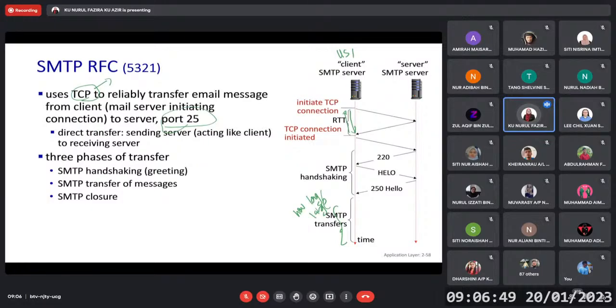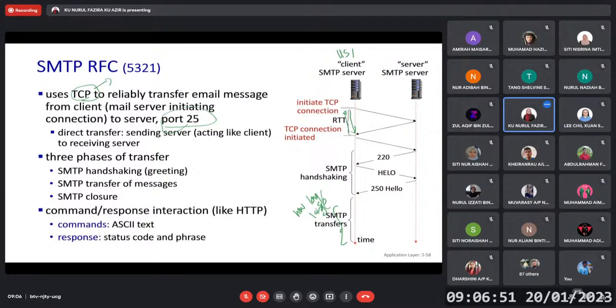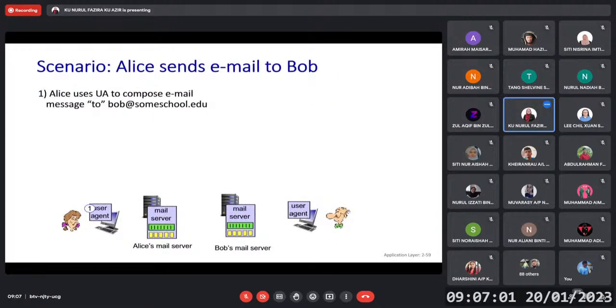Okay. And then the SMTP closure. It has a common command-response interaction like HTTP, with ASCII code text, and the response will be a status code and phrase. Very simple. So, for example in here,